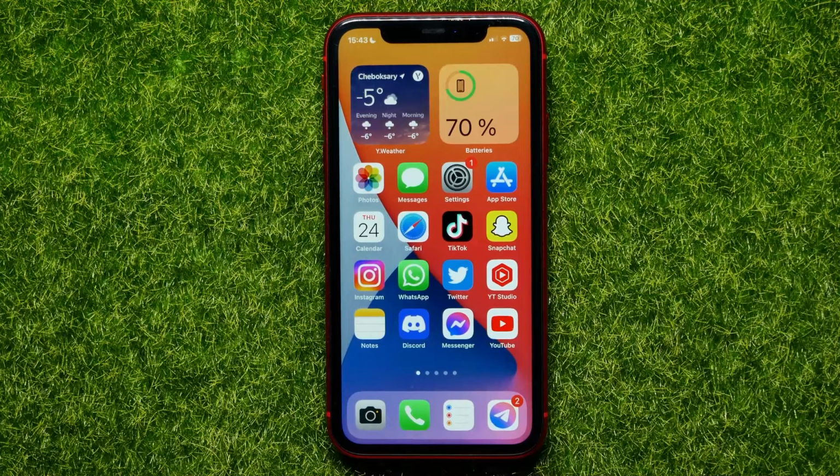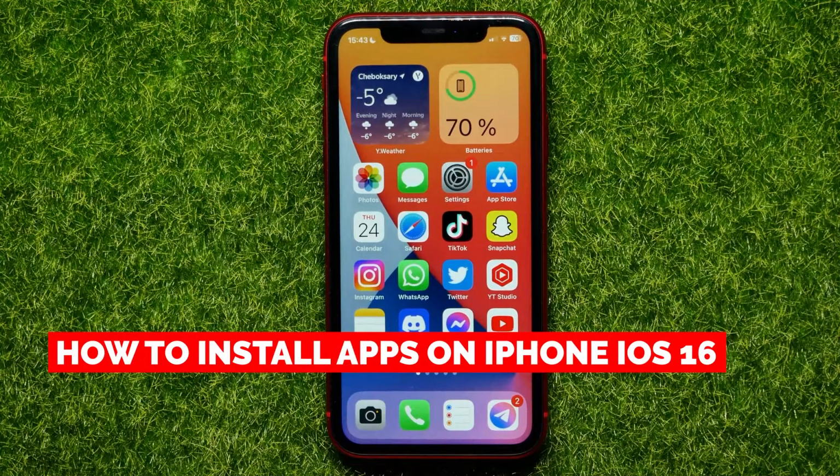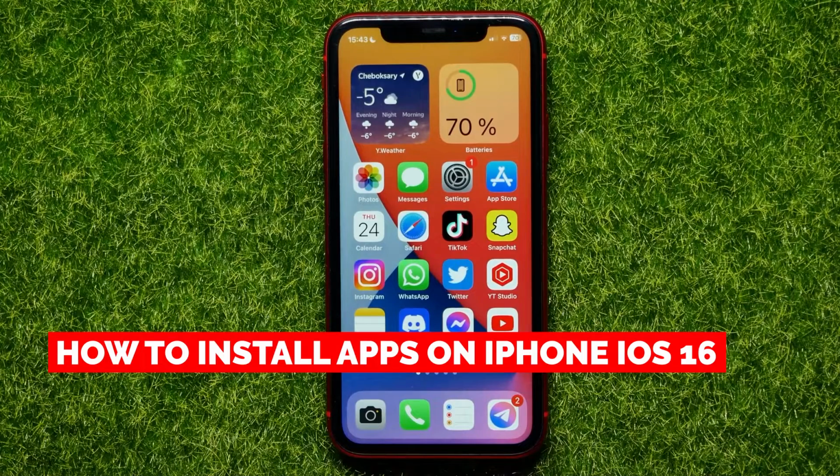Hello guys, welcome back. In this video I will show you how to install apps on your iPhone on iOS